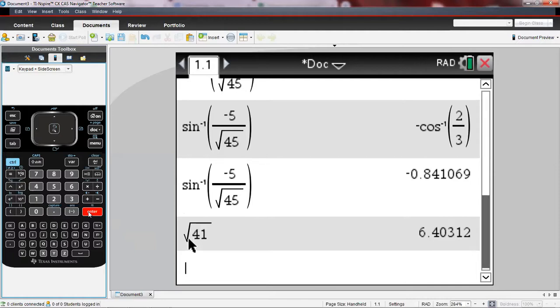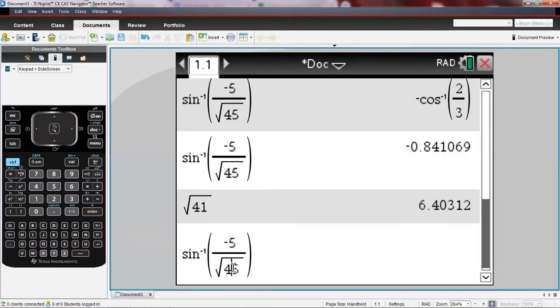That doesn't change too much, it's 6.4, right? And well, let me just now get this one. Let me just use the sine, enter, and put here a 41, right? Press enter,